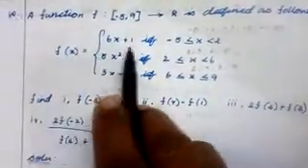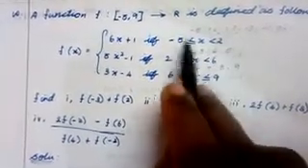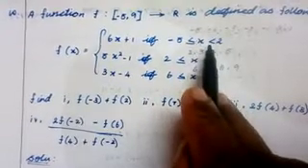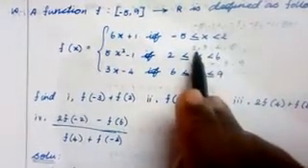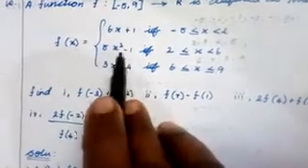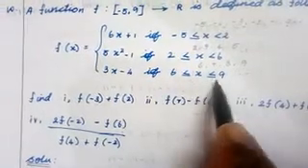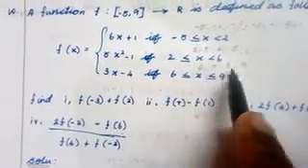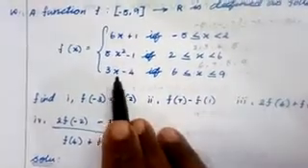10th problem, f(x) equal to 6x + 1 if -5 less than or equal to x less than 2. So that means -5, -4, -3, -2, -1, 0 and 1. We have to apply this expression. Now 2 less than or equal to x less than 6 means we have to apply the values 2, 3, 4, 5. You have to substitute in the expression 5x² - 1. For 6 less than or equal to x less than or equal to 9, this means 6, 7, 8, 9, you have to use this expression 3x - 4.